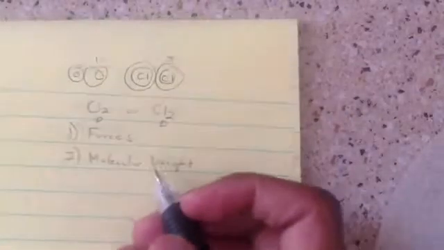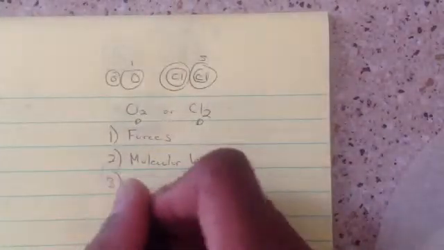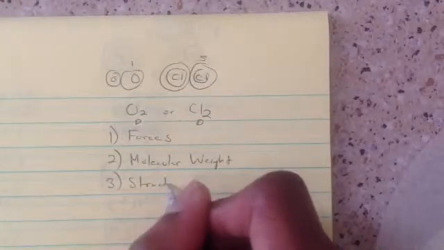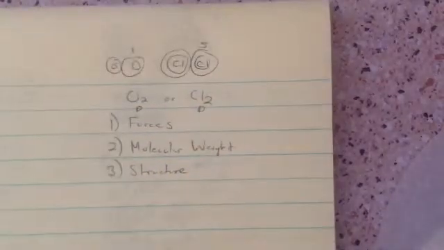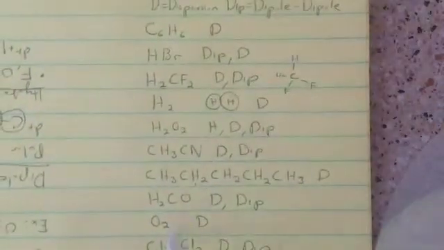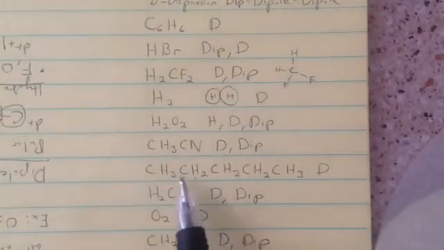And then finally, look at the structure, because the structure tells you the surface area. The bigger a structure, like for example on the previous one, let's say you just had CH3, if it was between CH3 and CH